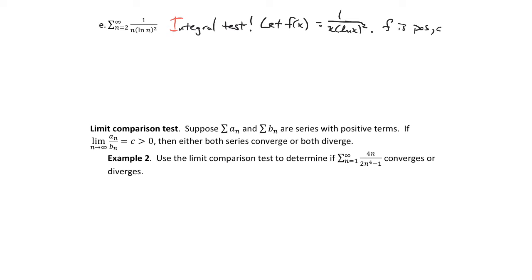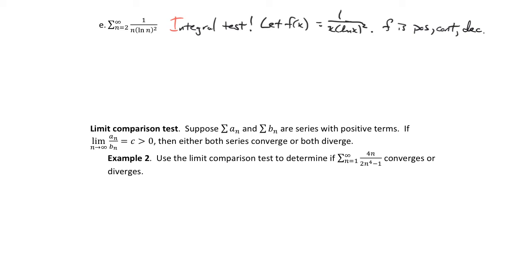Is f continuous? The only way it wouldn't be continuous is if the denominator is 0. Well, the denominator will equal 0 if x is 0. Well, that's not in our range. And if x is 1, the natural log of x would be 0. That would be a problem. Well, that's not in our range. So that's okay. And decreasing, well, that's pretty clear that it's going to be decreasing because each time the denominator